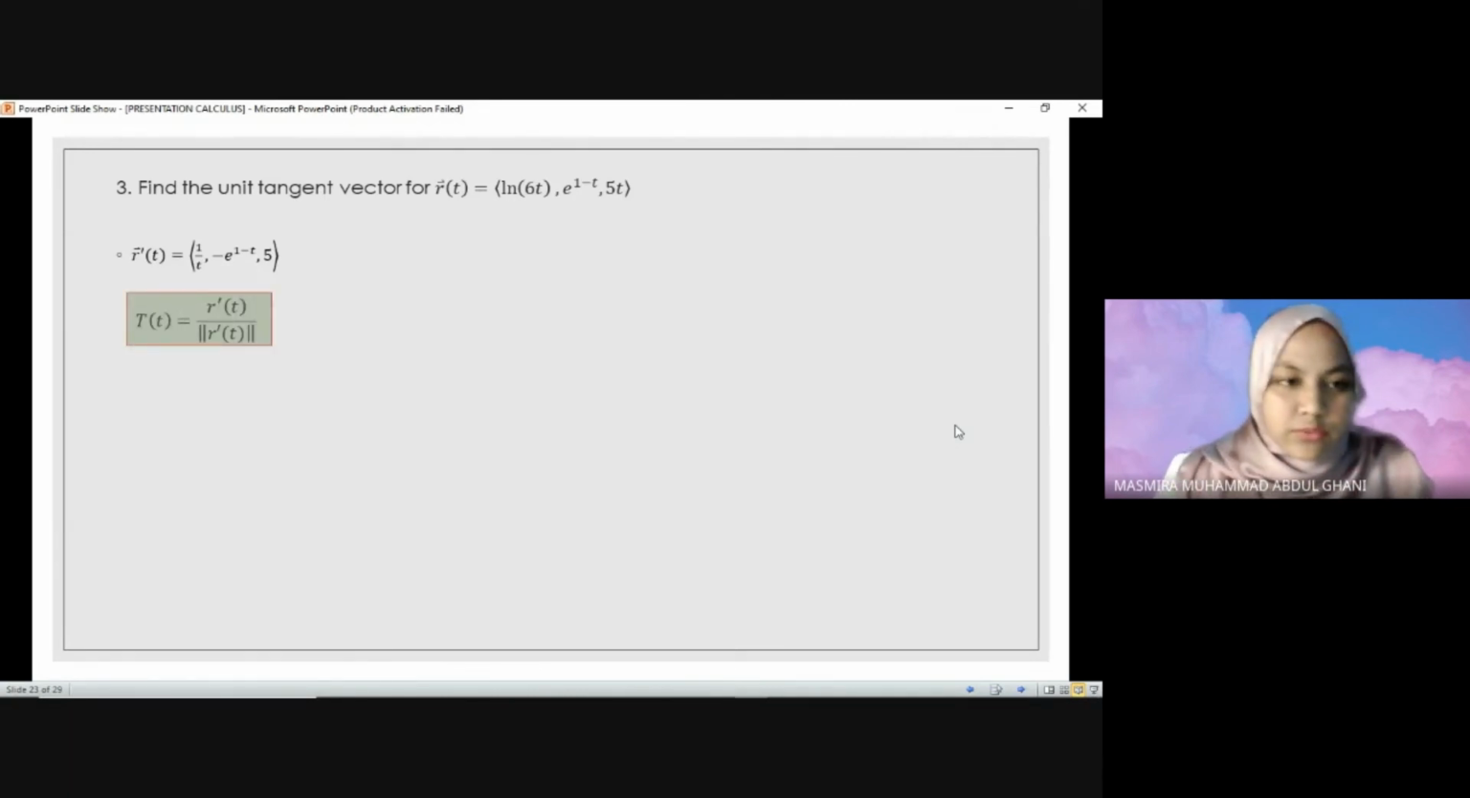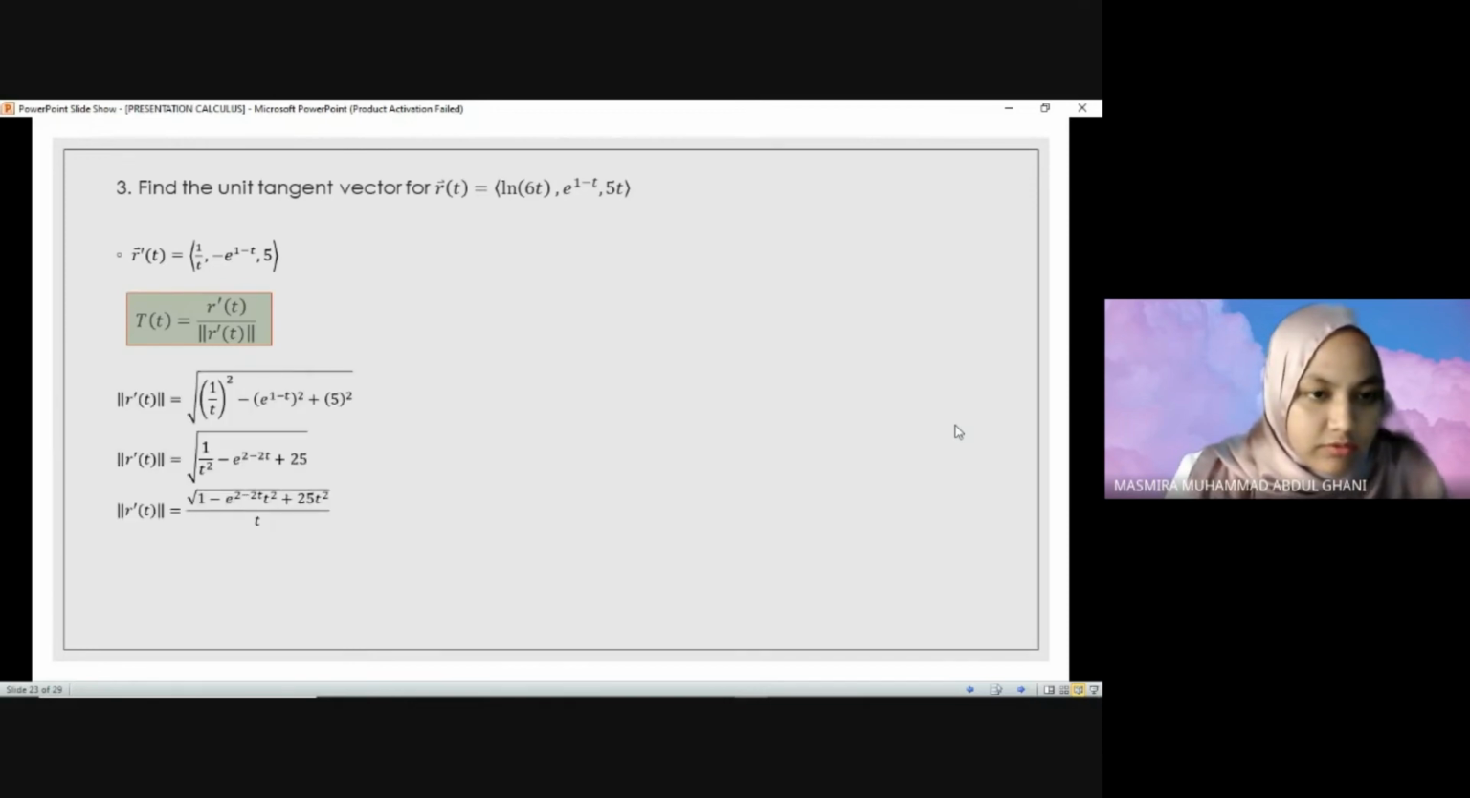Okay, next with the formula of the tangent, which is T(t) equal to the first derivative of r over the norm of the first derivative of r(t). Next, we find the norm of r prime t and we got the square root of 1 over t squared plus e to the power of 2 minus 2t plus 25, all over t. And we use the formula again and we substitute all the solution and we got